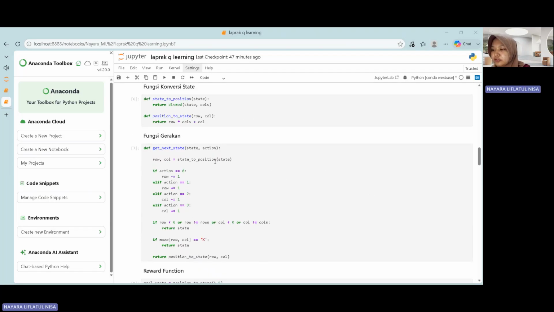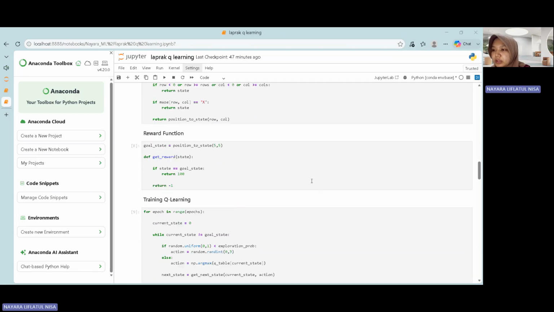Next, I create the move function. The movement function determines the next position after an action is taken. If the movement goes outside the maze or hits an obstacle, the agent stays in its current position. Otherwise, it moves to the new valid state.